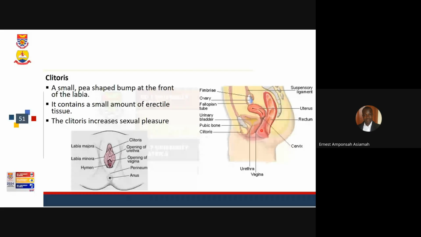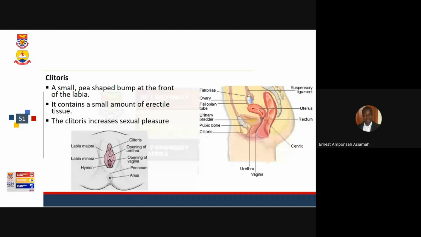If a lady is positioned, a female position, it lies at the back. The urethra is above, and the vagina is below. And this is also a form of education to our men. You see, our females, the human female.